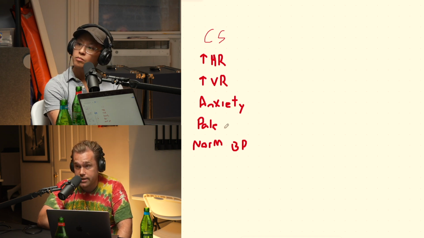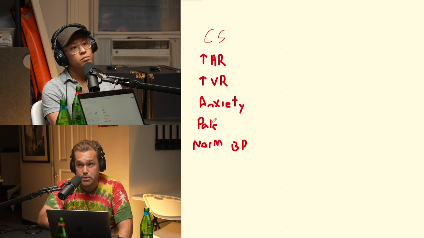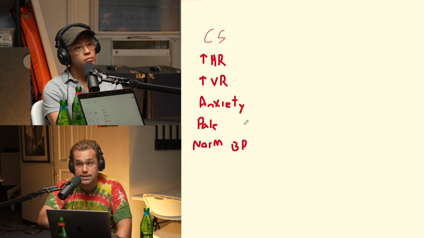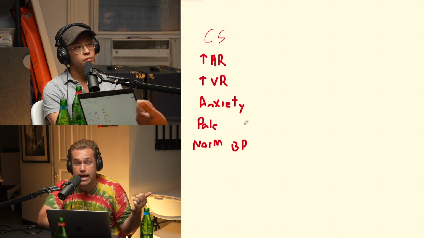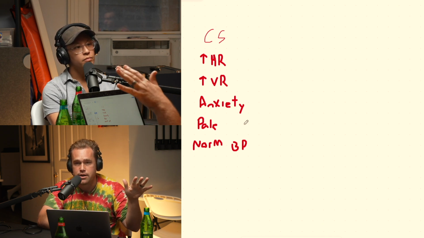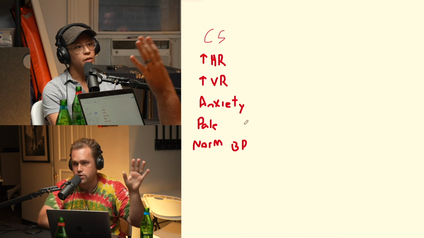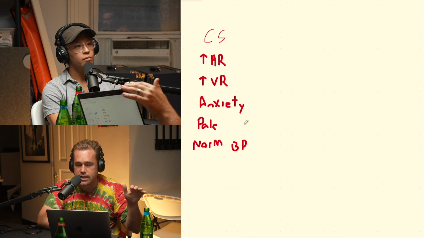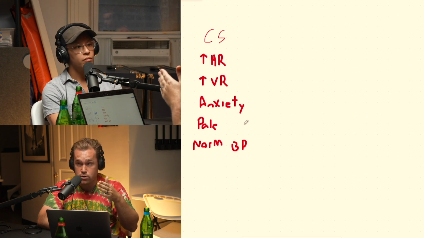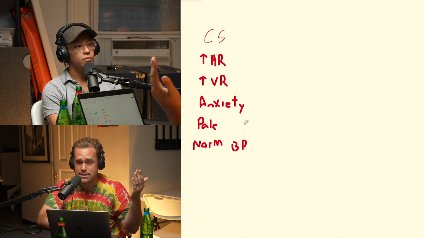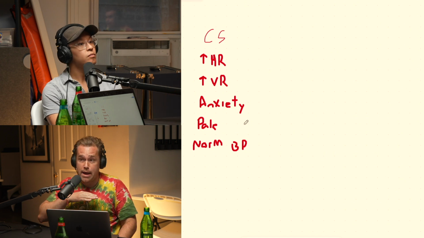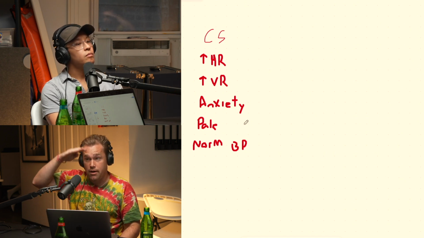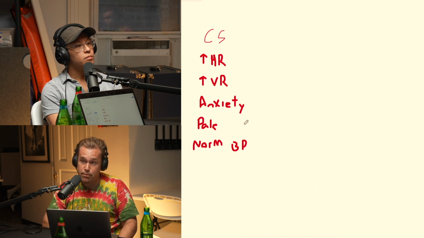In terms of skin conditions, with your distributive types of shock, you really shouldn't see pale skin. Like with anaphylaxis, what we're going to notice is urticaria and a rash, potentially, not always. With sepsis, you're not going to see pale skin. And then with neurogenic shock, let's say it's caused by a complete transectional spinal cord injury, and this is kind of interesting, you may have pale skin above the injury, but below the injury.